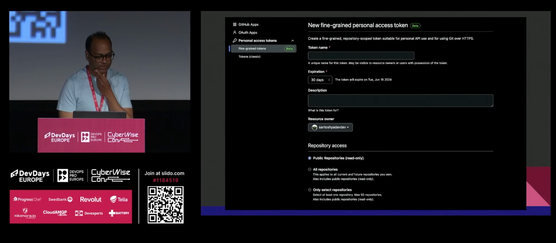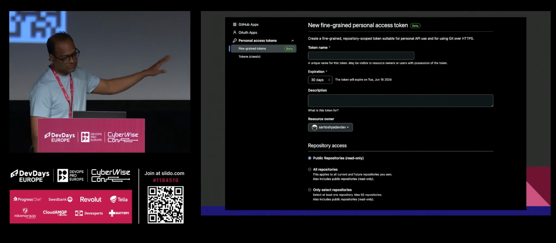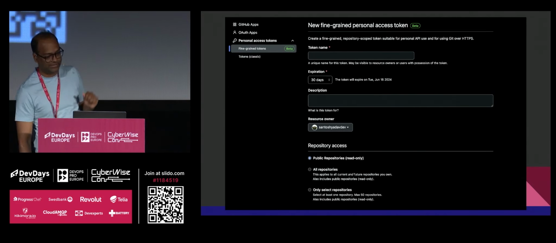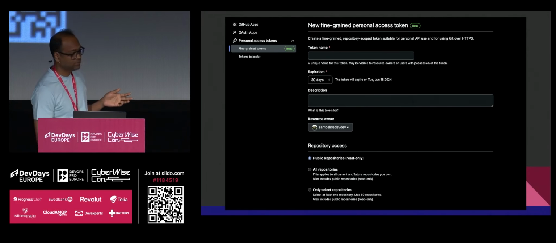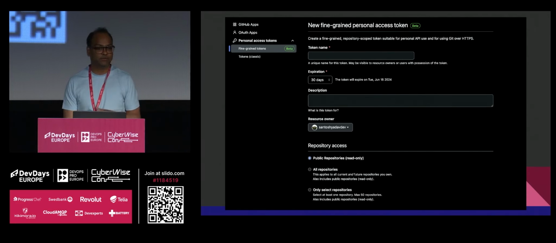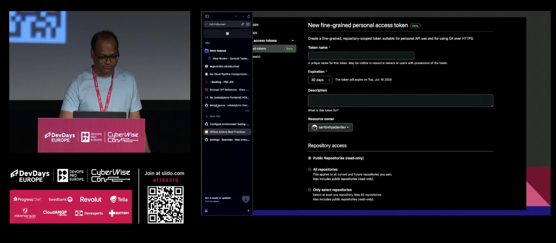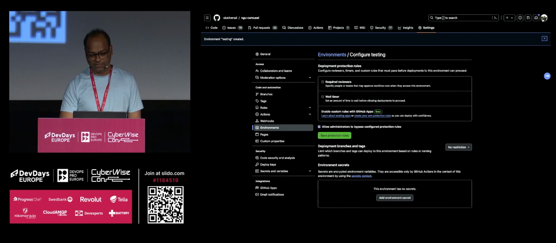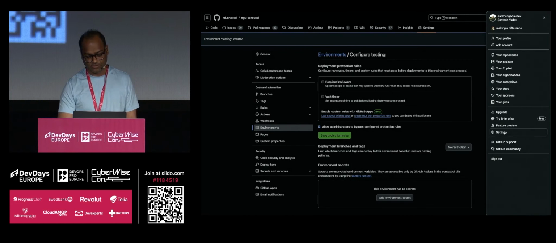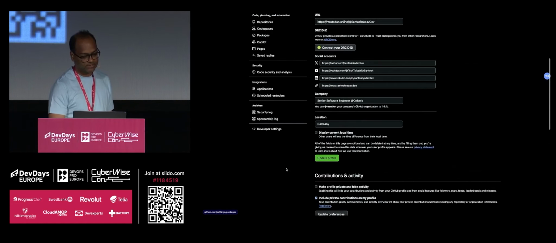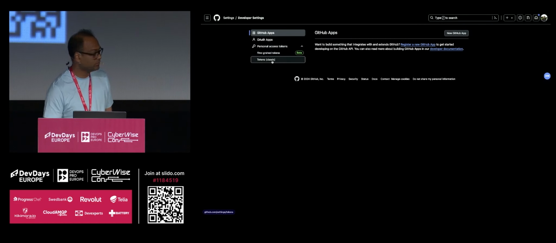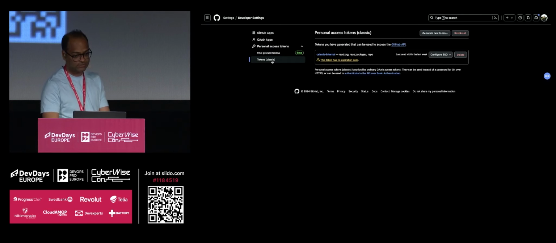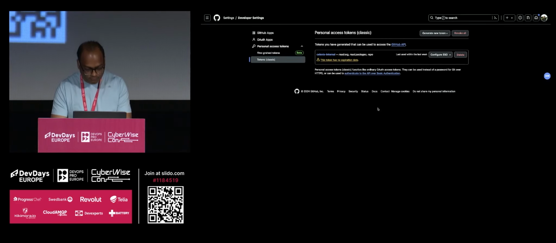So there are a few things which you can do. First, newly launched, it's still in beta. It's called the new fine-grained personal access token. I think you might have access as well. So rather than using the classic tokens, which I can show you how it looks like, not my token for sure, but let's go. You can go to settings, and this is where you create your personal access tokens. So you have these tokens, which is classic, and this is hashed, right?